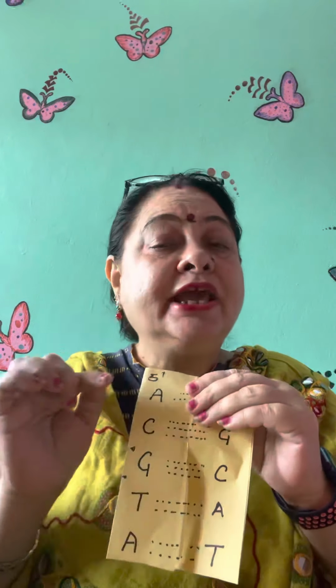Another thing: whenever DNA polymerase 3 is working, it will work only in the direction of 5 to 3 prime. It will not work 3 to 5. So this is 3 to 5 prime and this is 5 to 3 prime. So this will act as a continuous template, because here the 5 to 3 strand will come new and that will be continuous. So let me show you this.